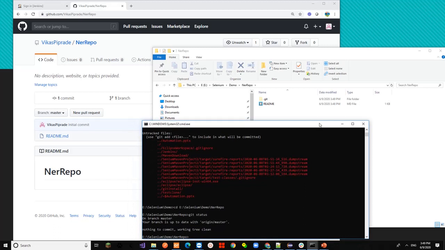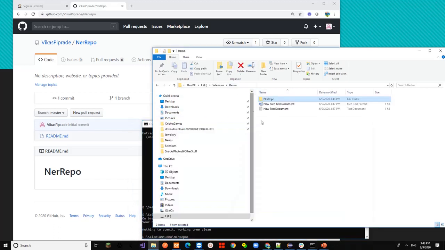There is no difference. So now I'm going to add the new files in a local repository. It's the same as adding a new test case on my local Eclipse workspace, say for example, and then if I want to put those test cases onto the GitHub repository, I'm showing you how to do that.